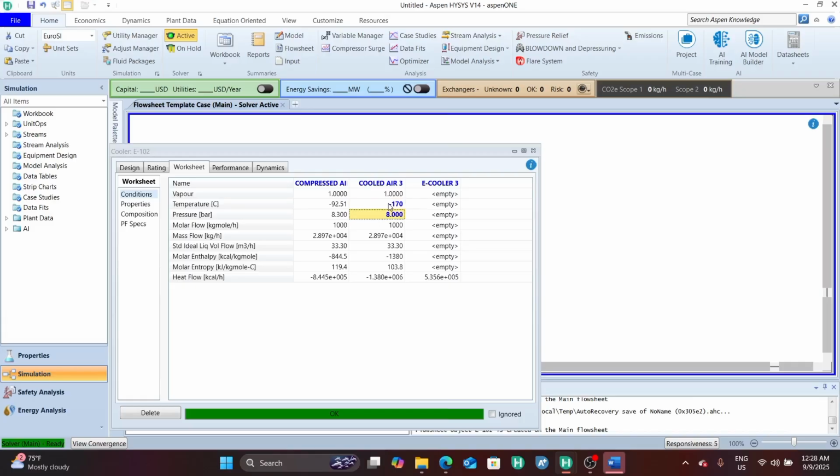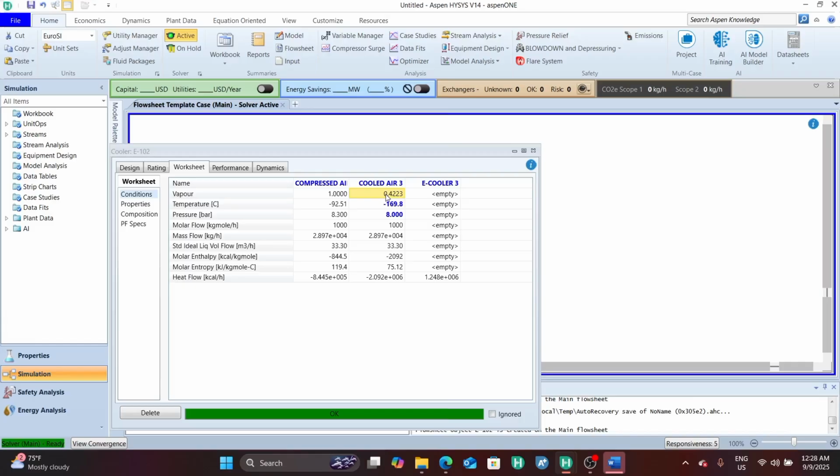Negative 170, negative 169. Nope, negative 169, negative 169.4. Nope, negative 169.8. Alright, that's good. We are at a vapor fraction of